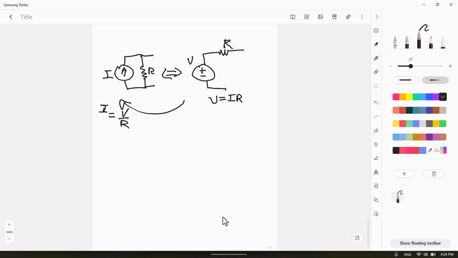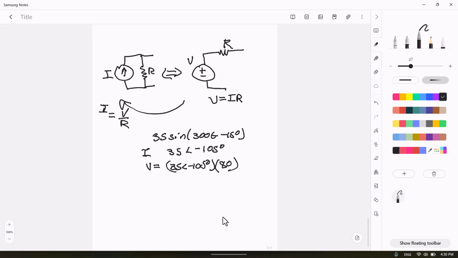Okay, so our current source was 35 sine 300t minus 15 degrees. As a phasor, that will be 35 angle negative 105 degrees, because I needed to change it to cosine. So that was my current source, and so my voltage will be 35 angle negative 105 degrees times my resistor, which was 80. Resistors are always real and they only have a real part. And so 80 times 35 angle negative 105 is